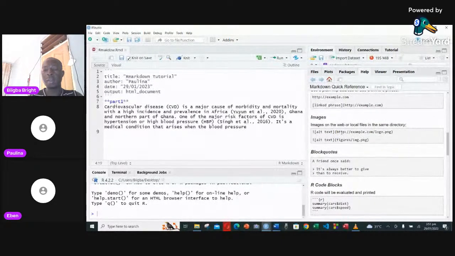Today, what I'm just going to show you is this small thing I have here. You can actually start the R Markdown just like the way we started yesterday. But you can also start it like the way we have it here. In this case, when you have the three dashes, and then you come to close it with another three of them, the whole of this, whatever you have here, is like when you are doing programming or